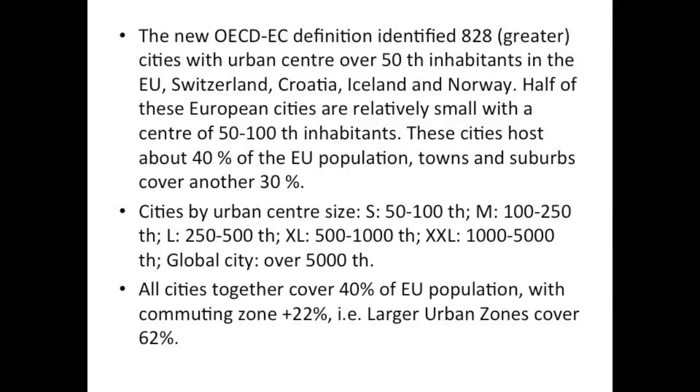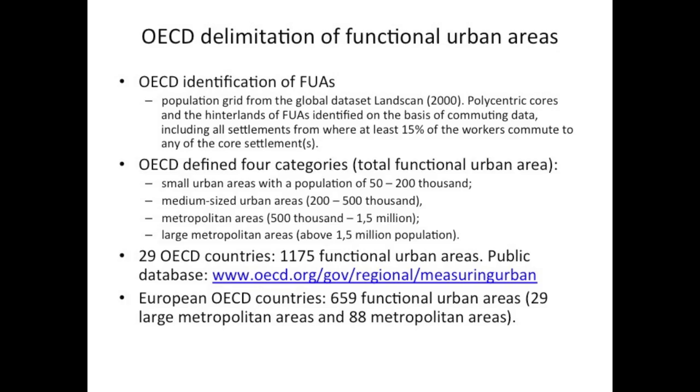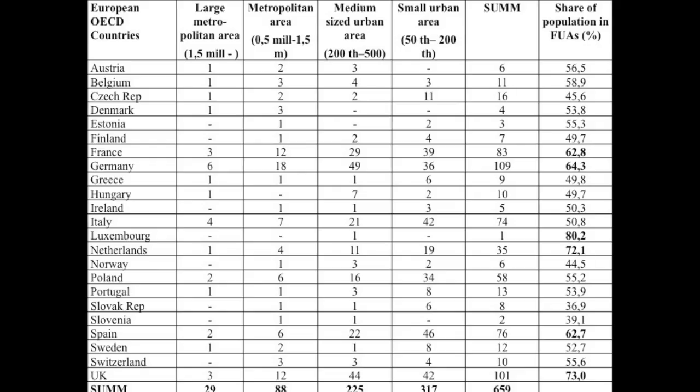And then they went further. They were thinking about what are the functional urban areas. The functional urban areas where people have their houses, but they go to work, which is the housing market, the travel to work areas. So they continued with this method, and they also included the commuting questions. And now here is the result.